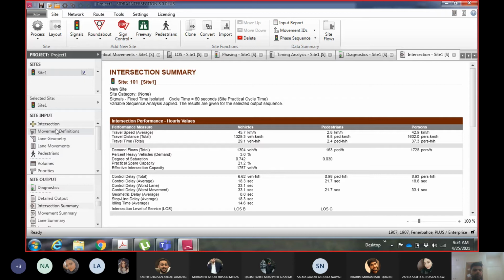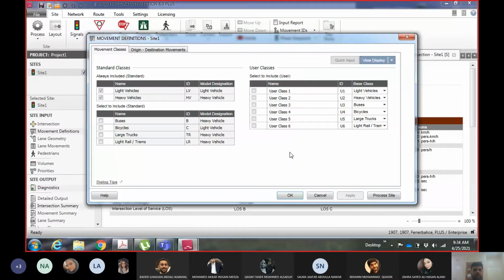Okay, so you do the intersection geometry, then you will assign movement definitions. Movement definitions, basically you are assigning the type of vehicles you want to add for each movement.